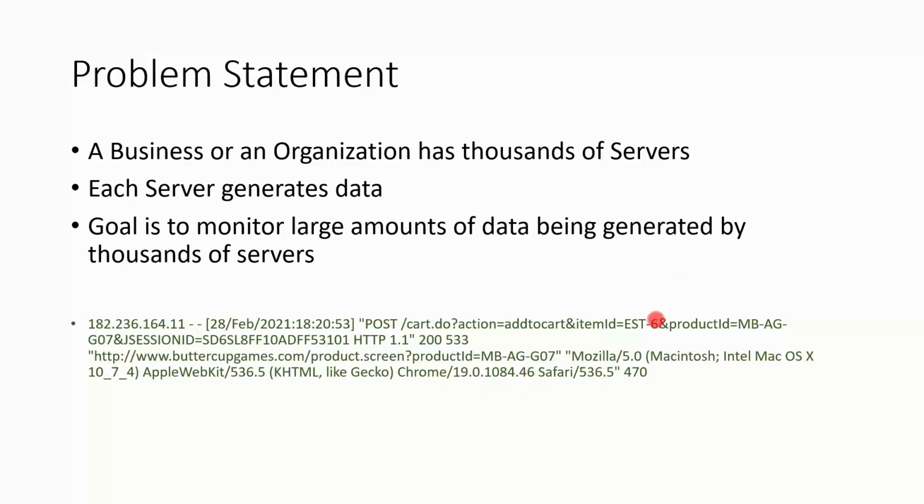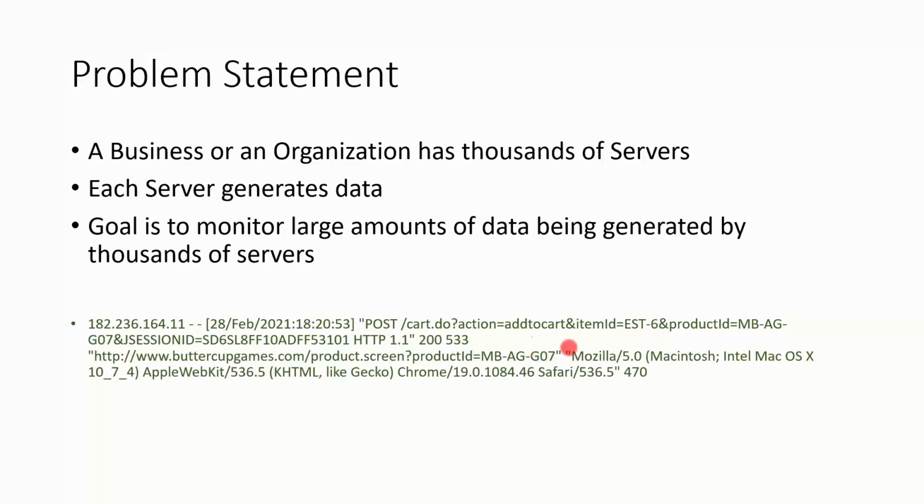From this, what we will be getting is the IP address, the timestamp on which the transaction happened, and the method, that is, the action he is doing, whether he is fetching something or posting something. And if you see here, this is the timestamp, this is the POST method, and he is performing something.